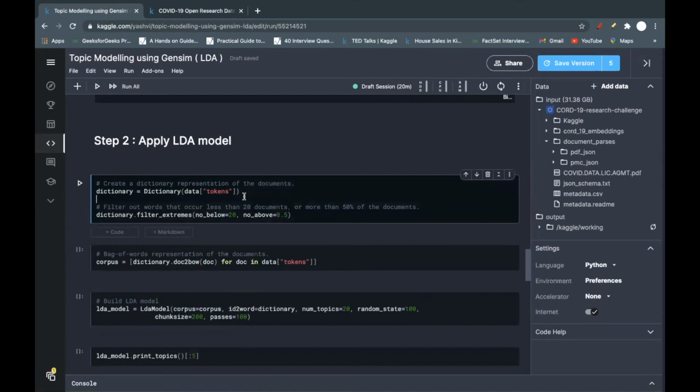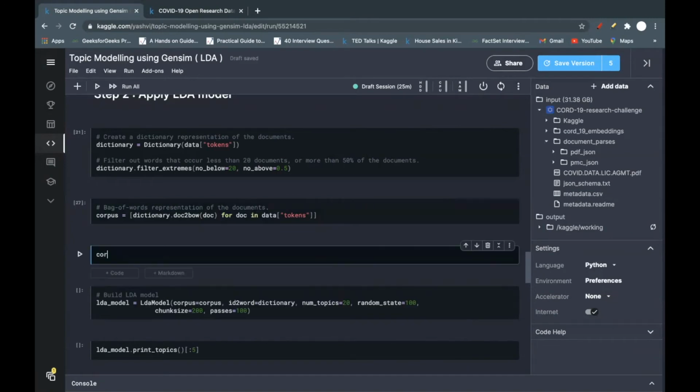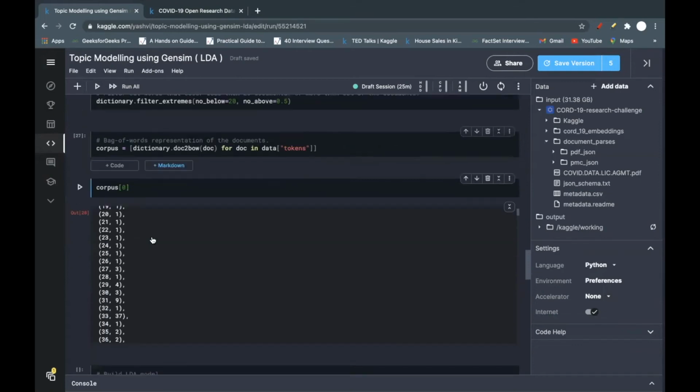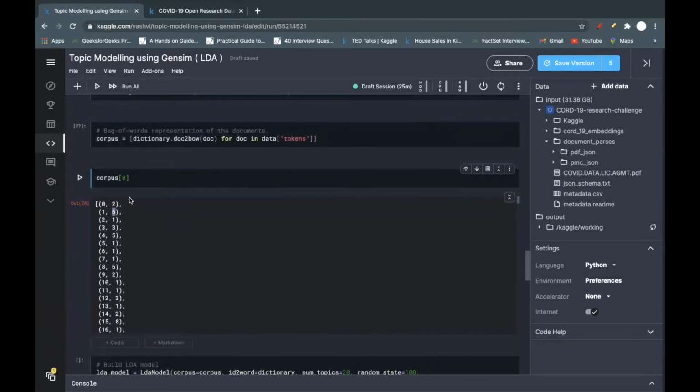This function converts our list of words into bag-of-words format, that is, a list of token IDs and their token counts. Let's say I show you the corpus of the first document. You will see the zeroth word comes two times in the document, the first word comes six times. So we created this corpus, which we will pass into the model.